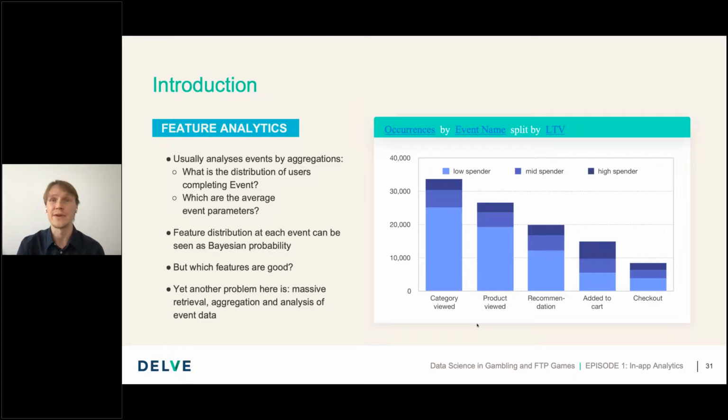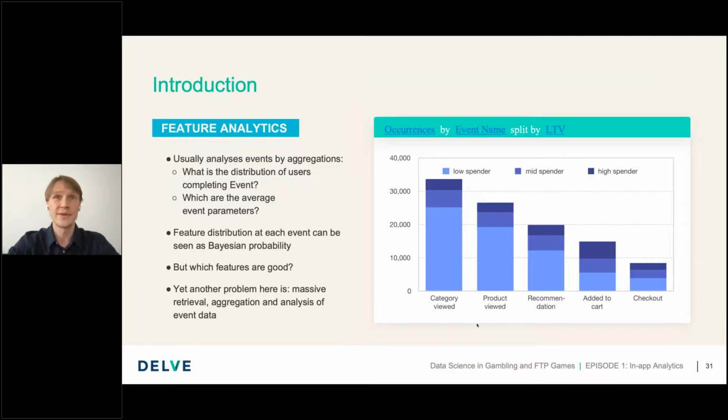Events are as usual organized by the same type, but they are also containing statistics, some features which are aggregated of each event. For instance, user values can be used as such features, and for each event, for the whole set of users completing the event, these metrics can be analyzed in an aggregated manner.